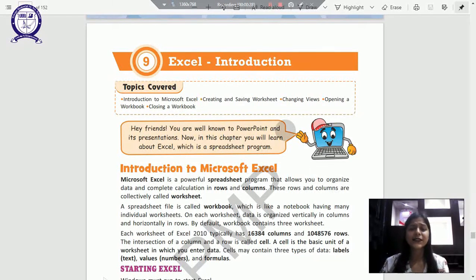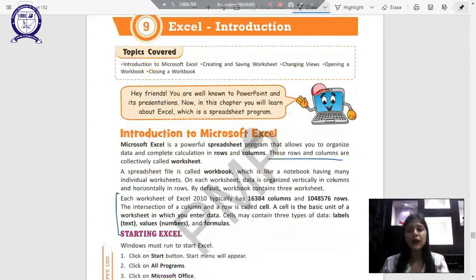Word is specifically used to create beautiful documents. PowerPoint is used to create slides and slideshows, while Excel has another unique feature of its own. Excel allows us to add a lot of data in tabular form. For example, if we want to add your marks or results, or your fee structure and all of that, we can do everything and arrange it in Excel.